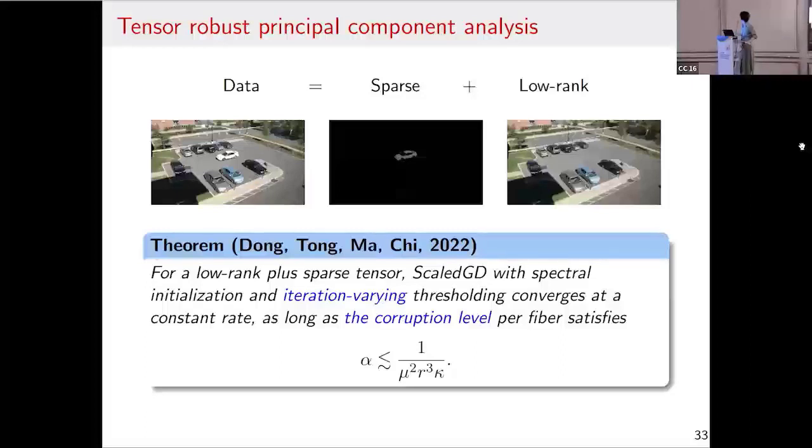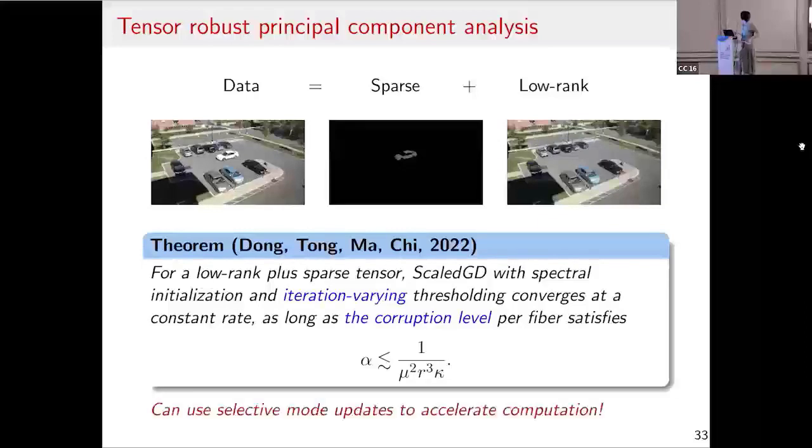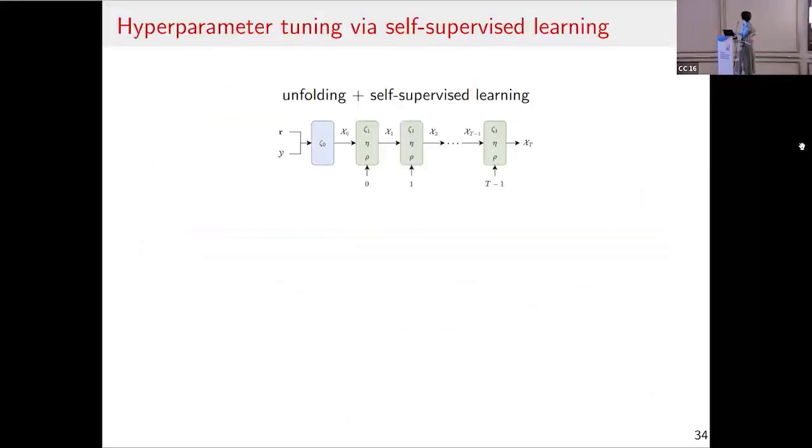Maybe I will say a couple of things. We also work on this sort of tensor problem in an application called robust PCA, where you can essentially generalize the ScaledGD algorithm design to additionally handle corruption and outliers in your tensors. And one of the interesting things I want to show is